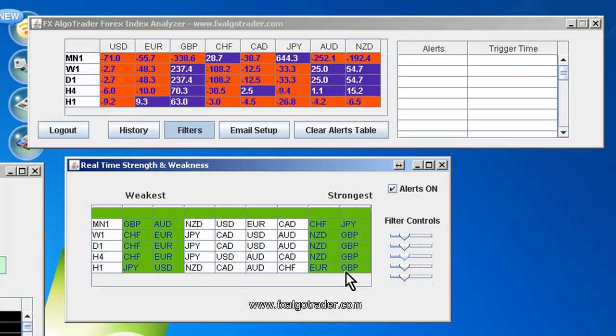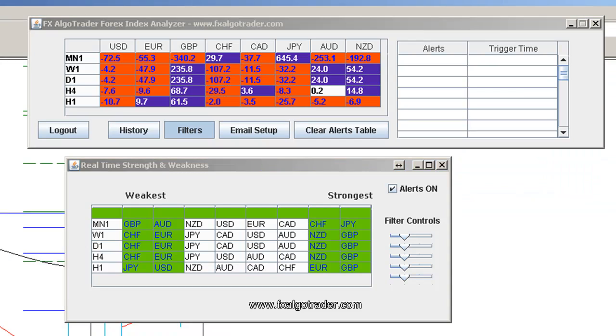Right away we can see sterling is strong on the hourly, 4 hourly, daily and weekly charts. So we can also see correspondingly that the Swiss franc is weak on the 4 hourly, daily and weekly. That is pretty interesting. So if we then drill into the charts, we can go down and have a look